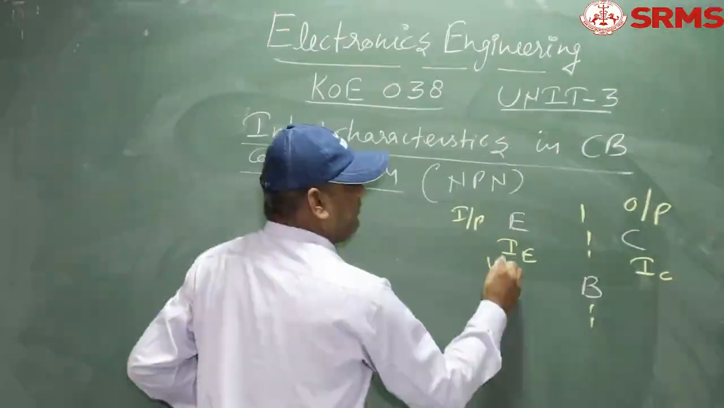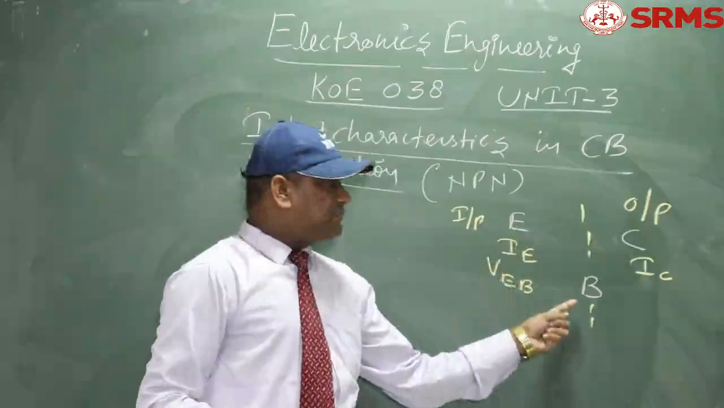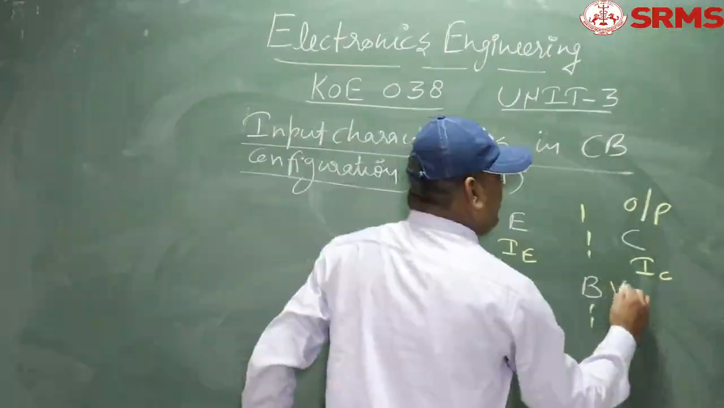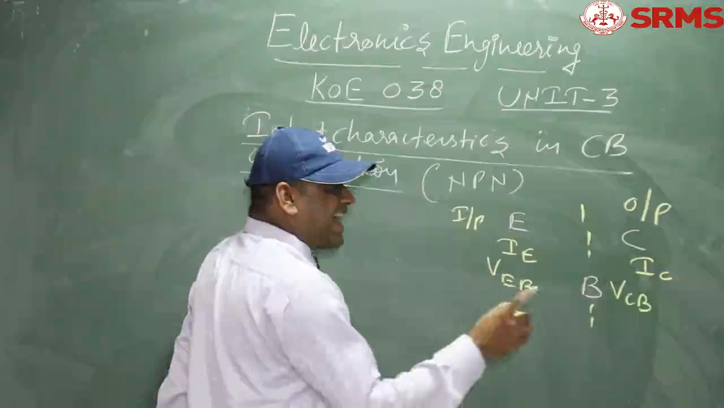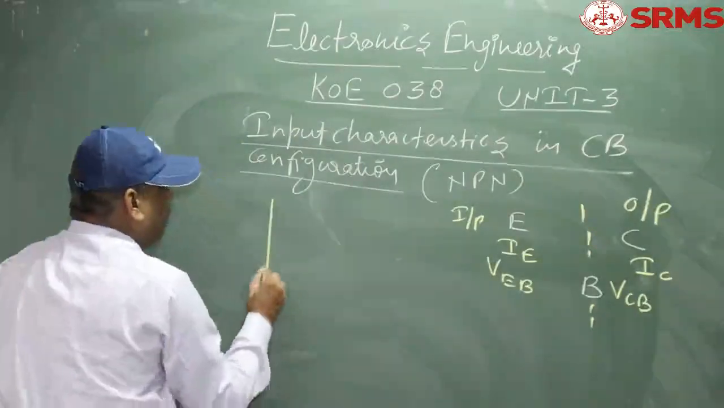Input voltage VEB. Voltage at the emitter terminal with respect to the base terminal. What is output voltage? VCB. Voltage at the collector terminal with respect to the base terminal. So we want to draw